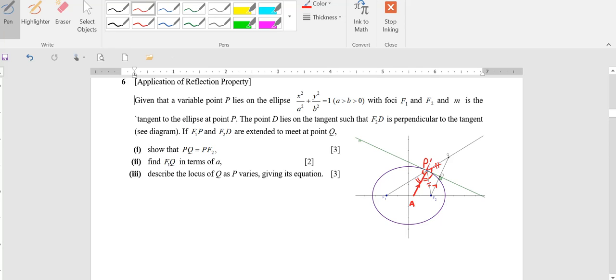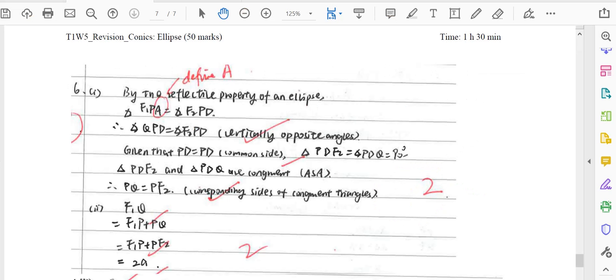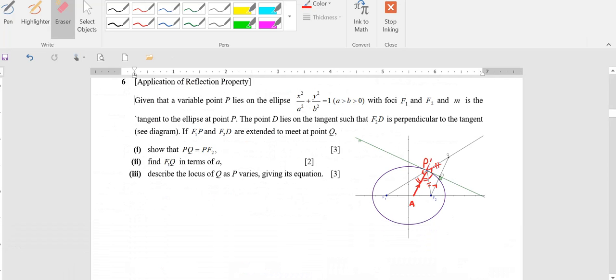I don't think her A is over here. Her A is actually not the same A as the one that I have here. Her A is somewhere on this side. She's trying to say that F1PA, which is this angle, is equal to F2PD, which is the other angle,